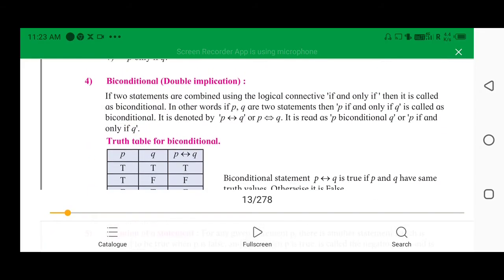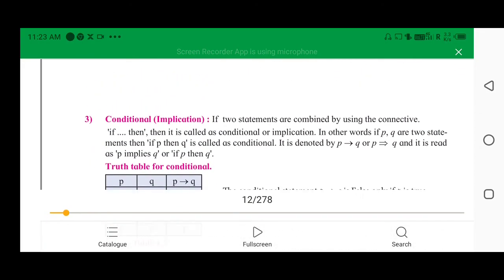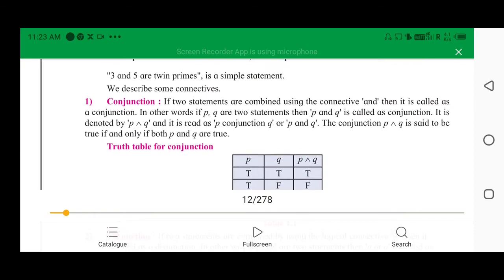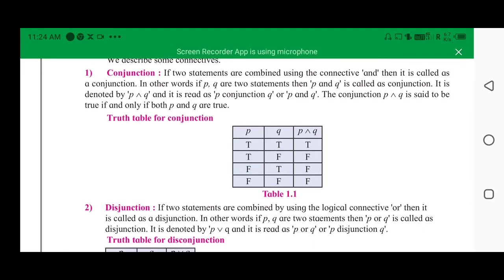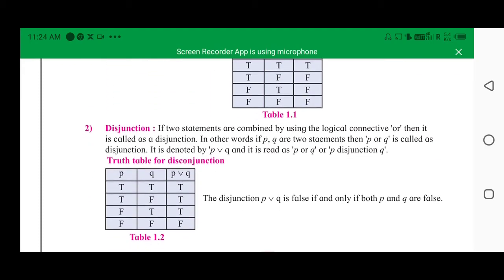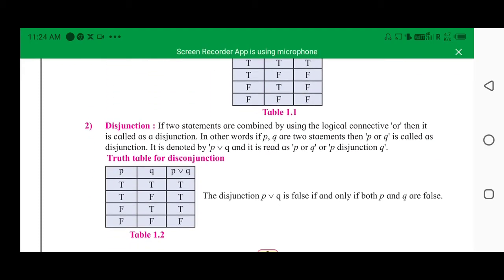Okay, if you see the conjunction, here we are depending upon both the sentences, so it is like a series connection. When two bulbs are connected in series, if both the bulbs function, then the system will function, otherwise the system will fail. Similarly, if both the sentences are true, then it is true, otherwise it is false.